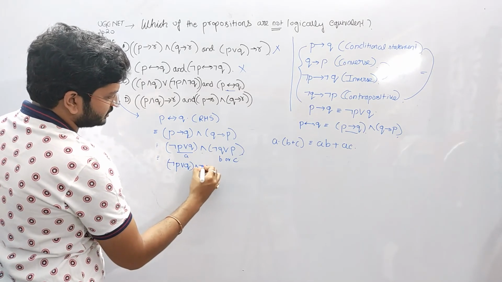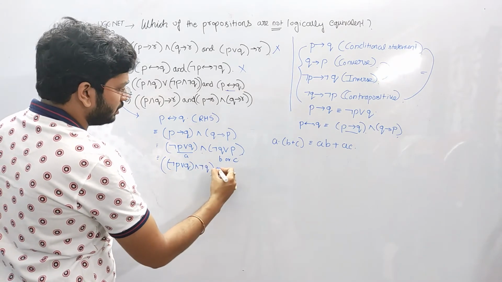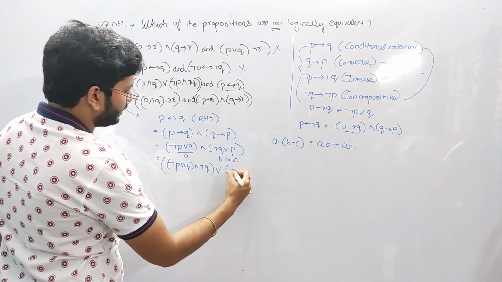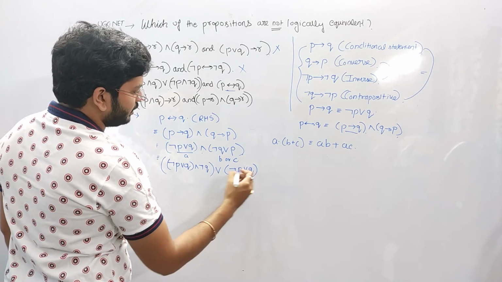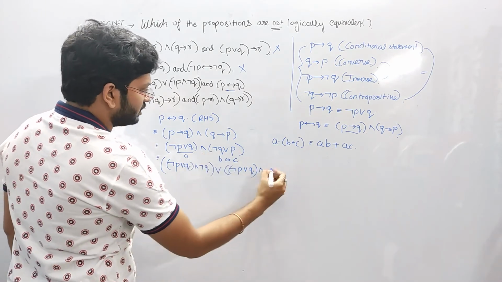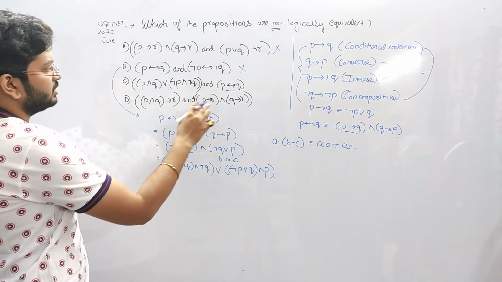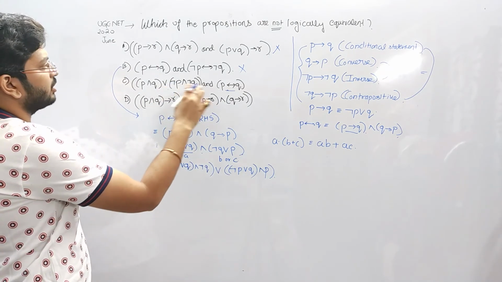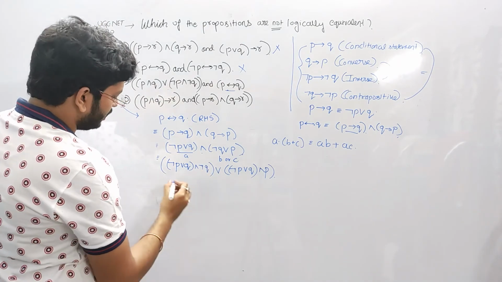So I will be writing AB, that is negation P and B, this is negation. We will be having or A, and we will be having C. We have got the or already. The or is there in this third option, or we have in the middle. We have got the or here. Now coming to the next step.